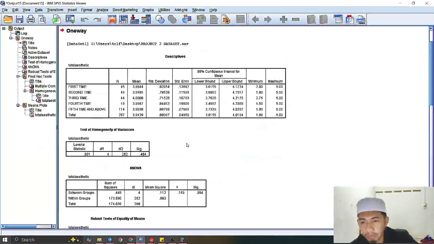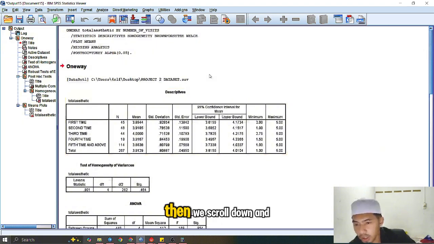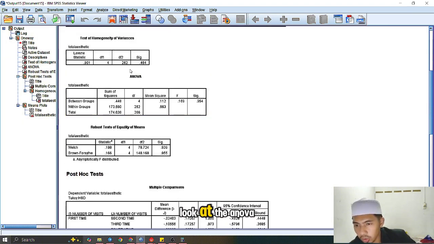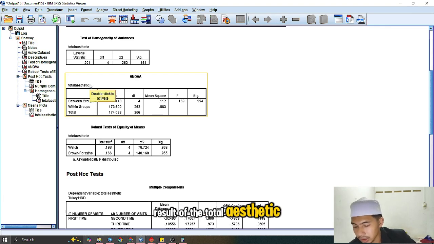Then we click OK. So this is the result of the ANOVA test. Then we scroll down and look at the ANOVA result of the total aesthetic. And then we look at the first line of the significant column. This one is